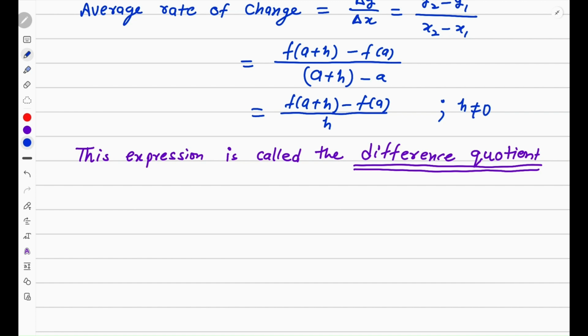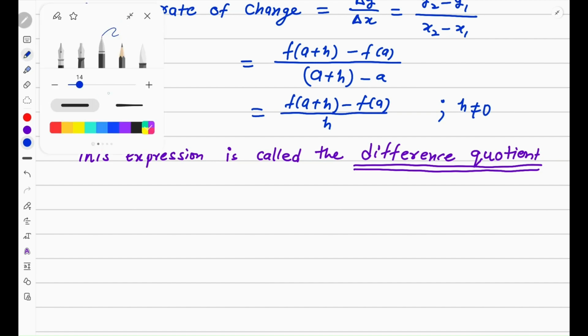So this is the difference quotient which we define as a tangent. So we can take an example of that,